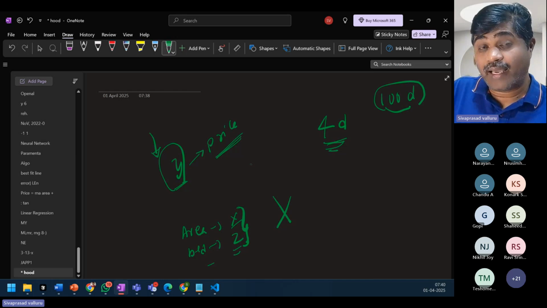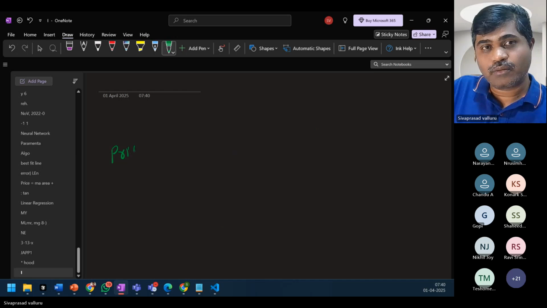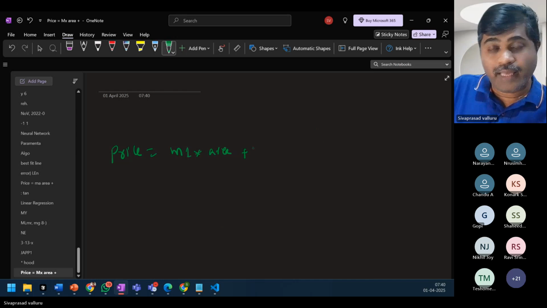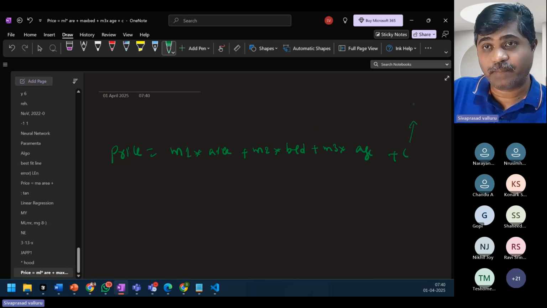Right now, I have the expression price equals to M1 into area, M2 into bedrooms, plus M3 into age, plus some C, which we call the bias actually.